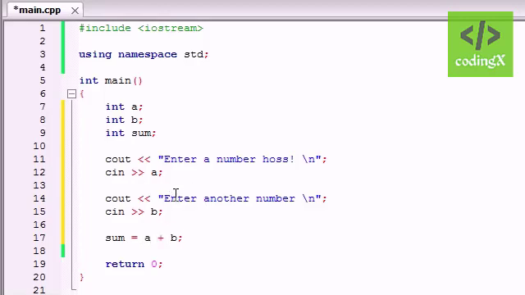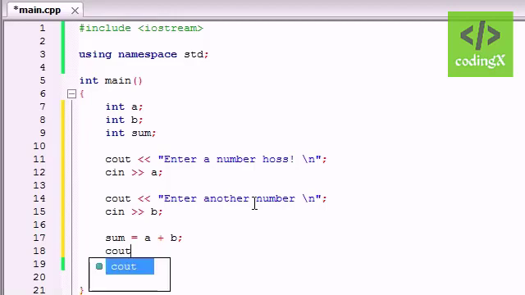Now what our computer program is going to do is say, alright, I'm going to grab the value you put in for a, and I'm going to grab the value you put in for b, and I'm going to calculate that, and store that in the variable sum. For example, if you wrote 10 and 15, it's going to grab 10, grab 15, calculate the sum of it, which is 25, and store it in a variable called sum. So now the sum is equal to the answer, and all we have to do now is print it out